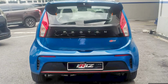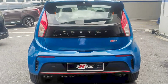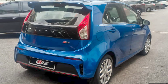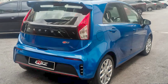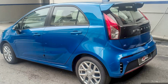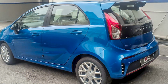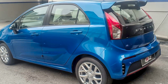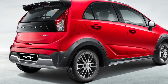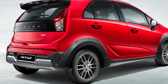But once we get to the back, the 2022 Iriz falls a little flat. It's pretty much exactly the same as the 2019 model, save for the red line at the bottom. Proton knows full well that this isn't exciting enough, to the point where it didn't even release any official photos of the standard or executive rear end. The single picture of the back that they did provide is of the new active variant, which is a bit